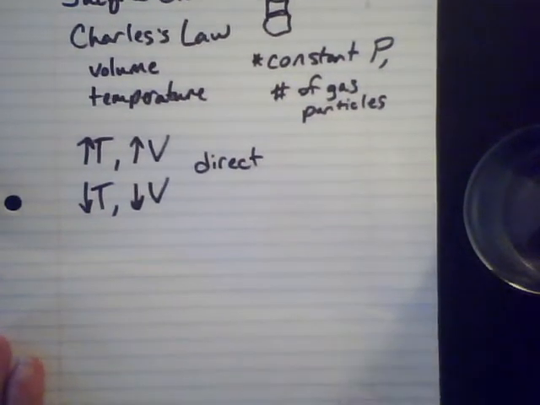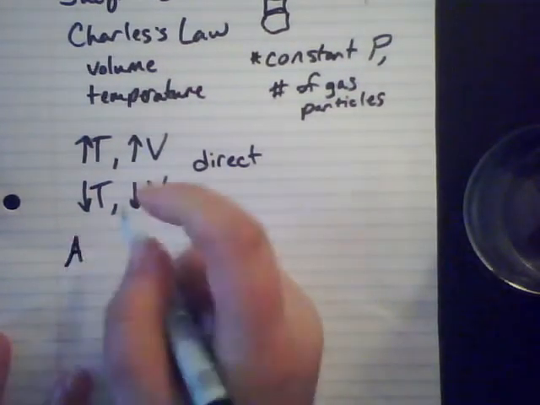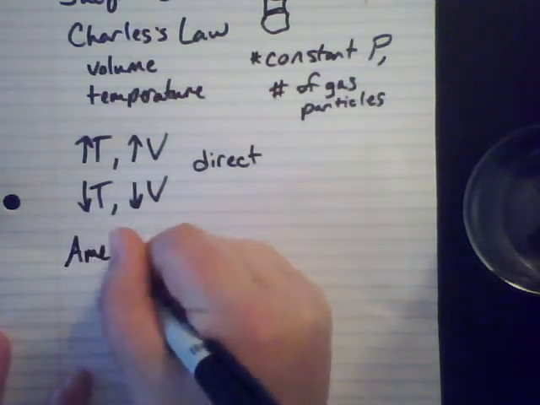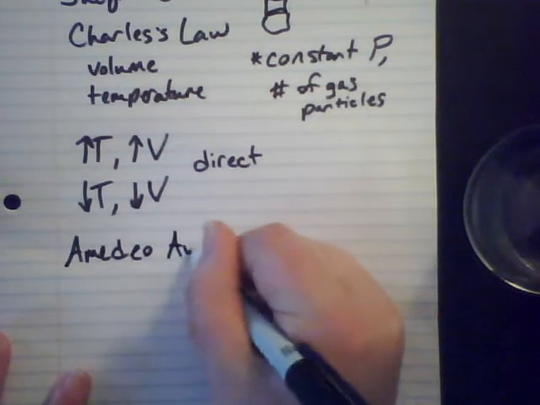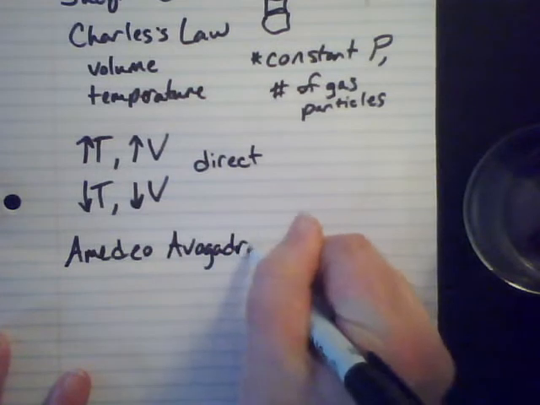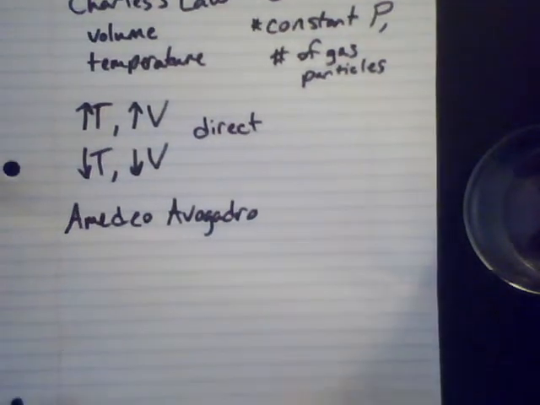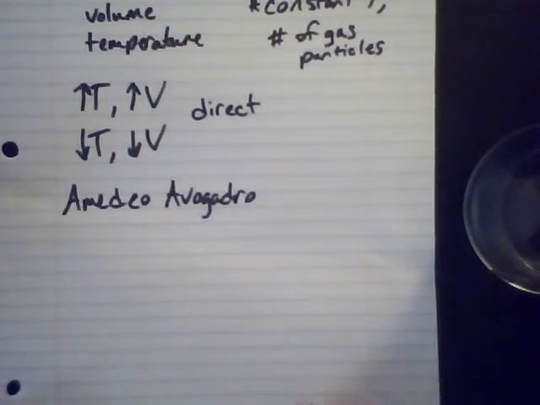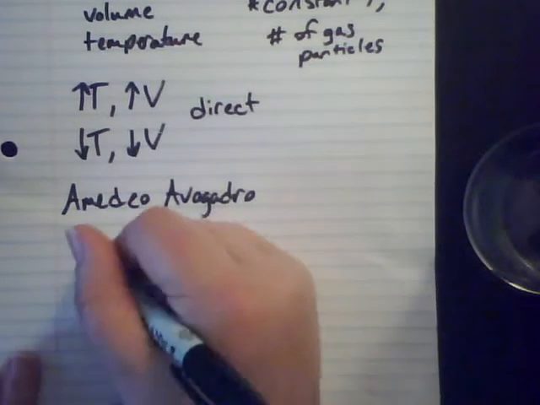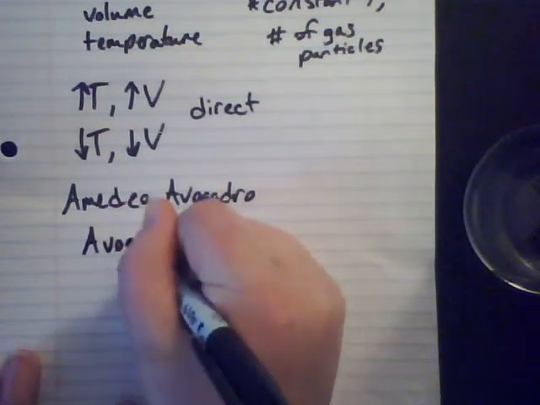The third chemist is another one that's going to be important throughout the course of our quarter, and his name is Amedeo Avogadro. His real name is actually quite a bit longer than that, but we call him Amedeo Avogadro. He's an Italian chemist studying gases around the same time, and he formulated what is called Avogadro's law now.